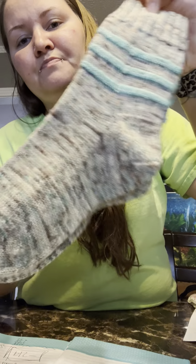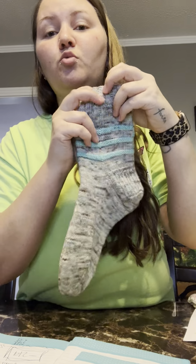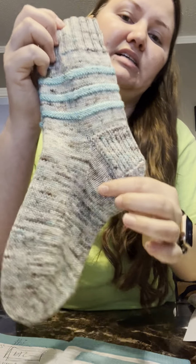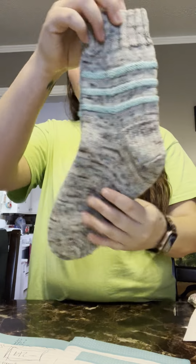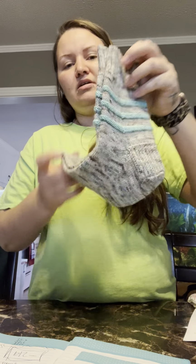They're super simple. So many different options with the stripes. You can do multiple colors, solid colors, or one self-striping color. You can do all kinds of different things with this. But I love these. I loved how they turned out. They're available on Ravelry now. So there's that. And then the next one